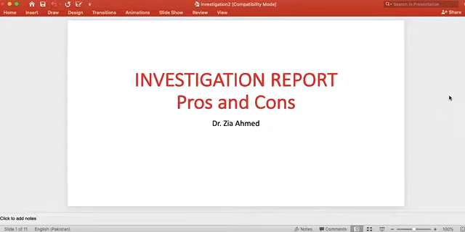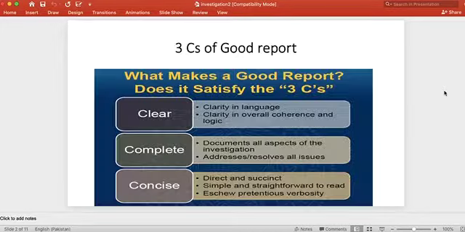Our today's topic is going to be investigation report again. Part 1 of the topic has been covered in the last lecture, and the remaining portion about the investigation report is being covered now. Mainly in today's lecture, we shall be trying to understand the good and bad of the investigation report. We had talked in detail yesterday about what an investigation report is, and now it is only the good and bad, and some of the parts may also be highlighted in this. So, entering into investigation report pros and cons.